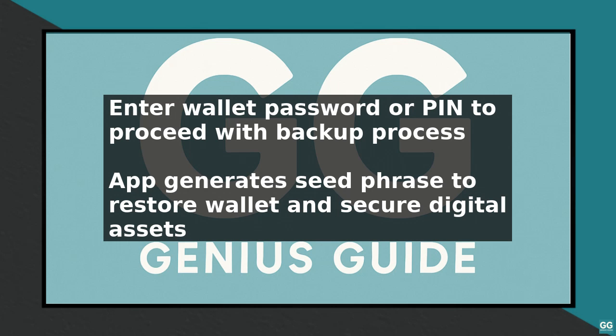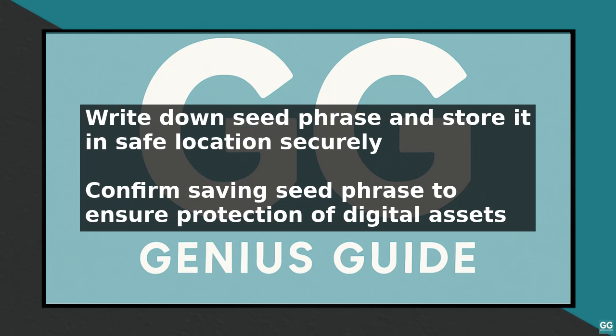Once you have entered your password or PIN, the app will generate a seed phrase, which is a list of words used to restore your wallet. This seed phrase is typically 12 to 24 words long and must be kept safe and secure. Write down the seed phrase and store it in a safe location, such as a fireproof safe or a secure